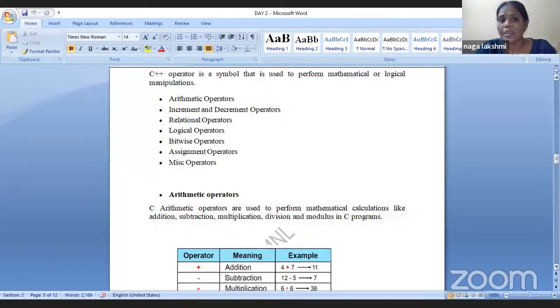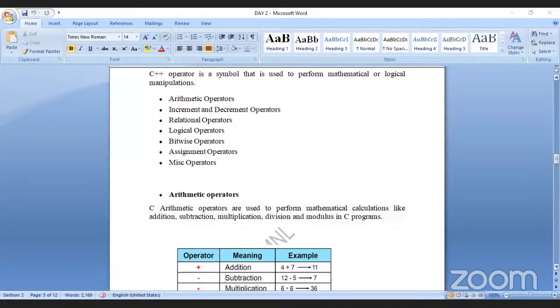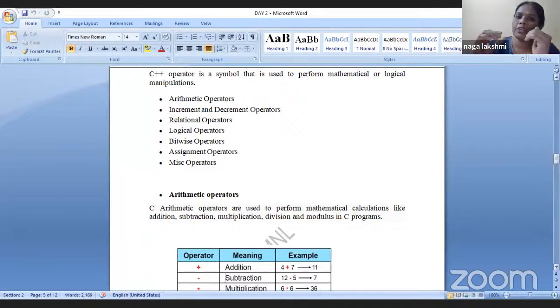In some cases, like when you are attempting competitive exams, they may ask you which type of language C is. Suppose they have not provided options like high level or middle level, but they have provided the option procedural, then you could opt for procedural. Because whatever methods we take, we take in the form of procedures, C is also called a procedural language. So there are three ways we could call it: a high level language, a middle level language, or a procedural language. You could opt for any of these.